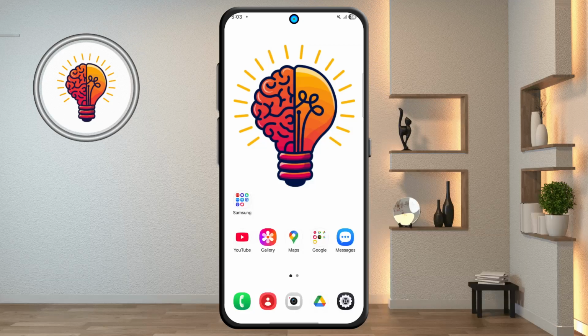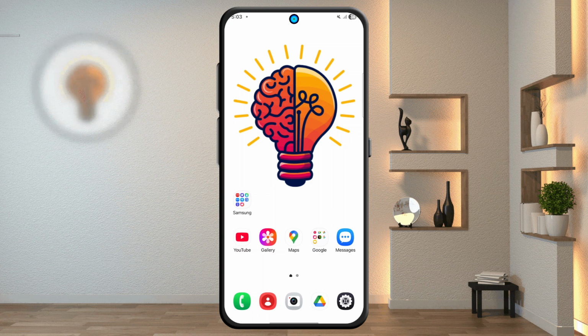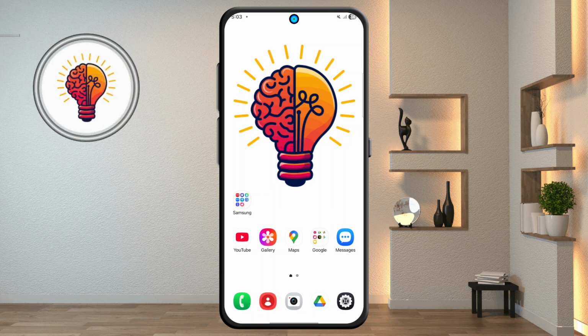In today's video, I'm going to show you the Samsung Galaxy A23 5G One UI 7 update and show you